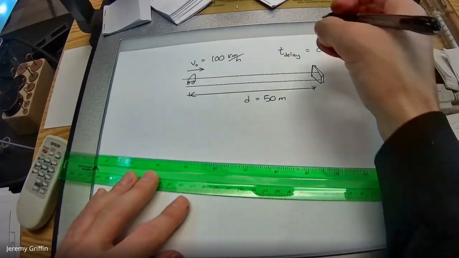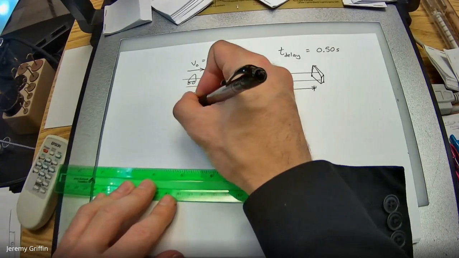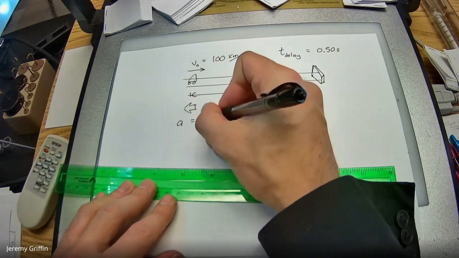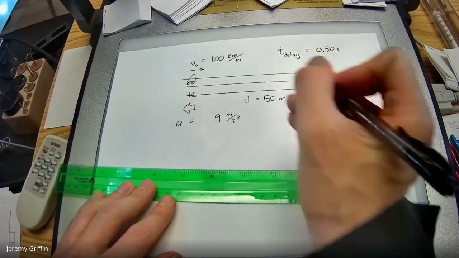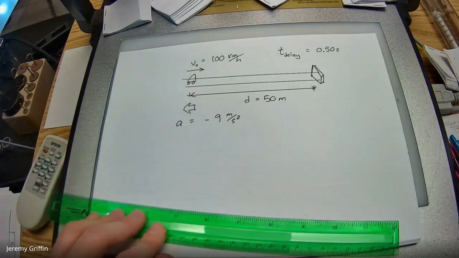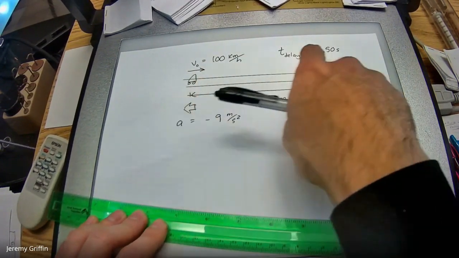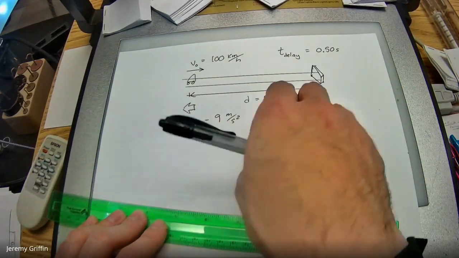Okay. And let's have the acceleration of the car after it hits the brakes, right? No, not at first. Okay. Be -9 meters per second squared. So in that situation, this guy's driving this fast for this much time at constant speed, and then hits the brakes, then comes to a stop somewhere.